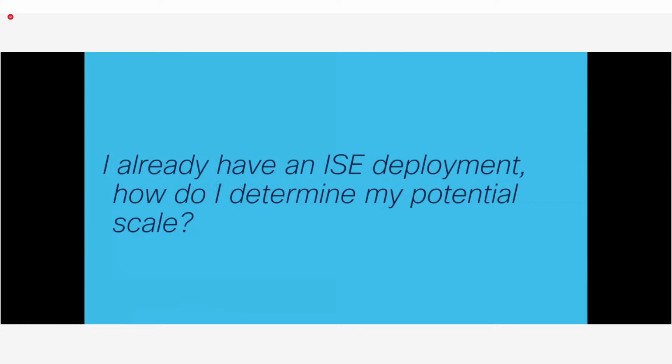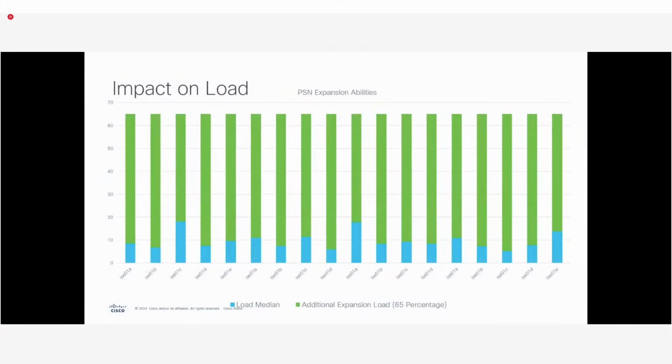So for those customers saying, okay, I already have an ICE deployment, how do I determine my potential scale? Well, this is something that we answer a lot because there is a mechanism to go about this. It isn't a number on a dashboard that says, hey, you have X number of sessions left, or this is how many sessions that we're going to allow for you to join in beyond the licensing mechanisms. What we use for advanced services is what we refer to as KPIs, or the key performance indicators, which is